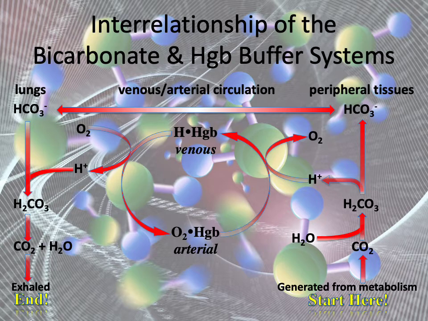it's going to combine with water to form carbonic acid. Now we know carbonic acid is pretty volatile, it's unstable, so it very quickly dissociates into bicarb and a hydrogen ion. Now, when that occurs, the bicarb leaves the red blood cells and goes out into just the plasma. Okay. The hydrogen ion, however, does not, and as hydrogen ions build up inside the red blood cell, they actually help